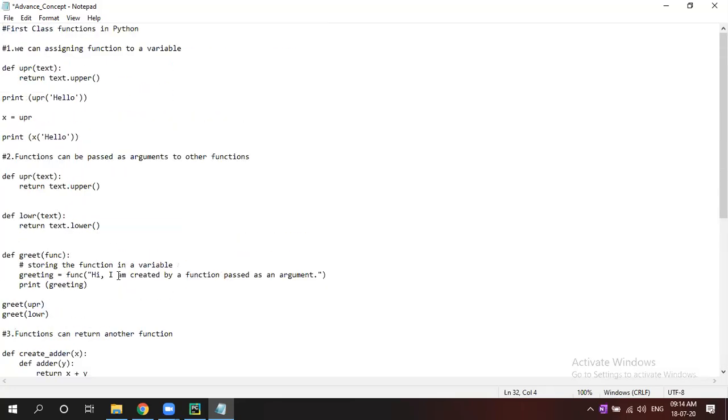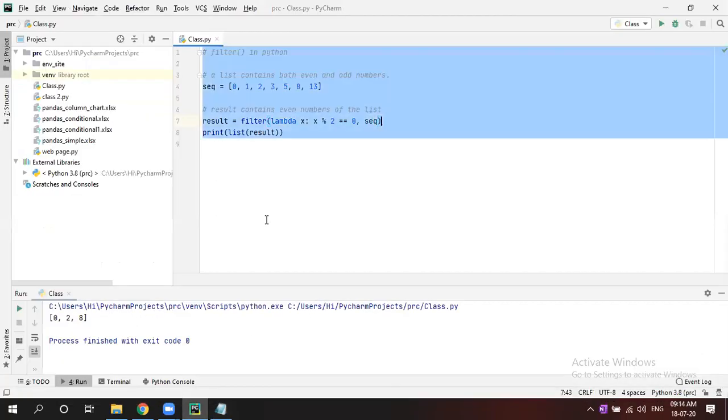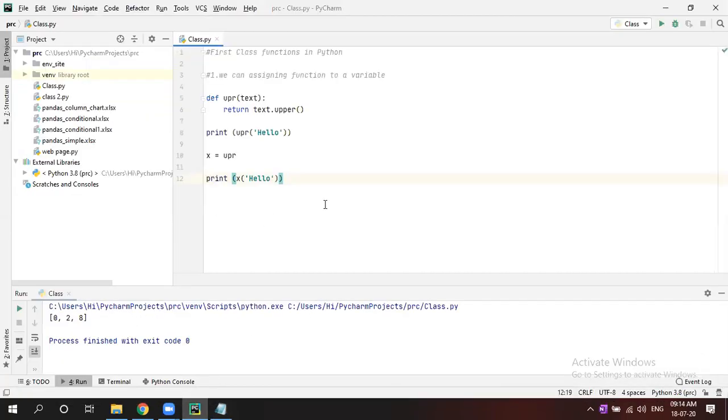Now go to the first one. So here first class function means first we can assign a function to a variable. What do you mean by this? Let's create a function. def upper, you're passing some argument text.